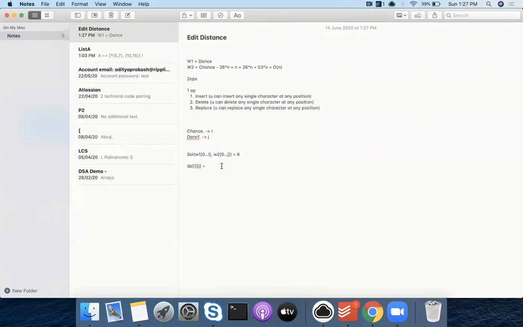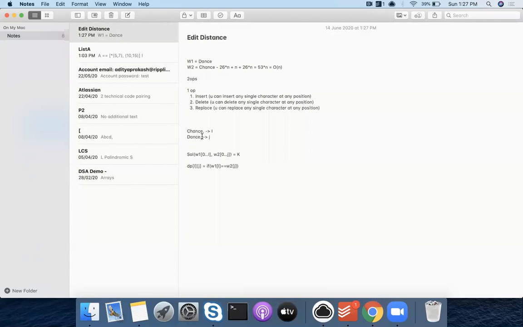So this will be the logic of the algorithm. dp i j will be computed by checking whether word1 i is equal to word2 j. If they are equal, then I don't need to do much.